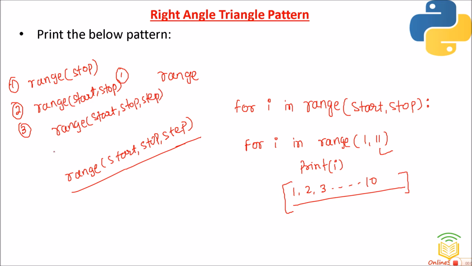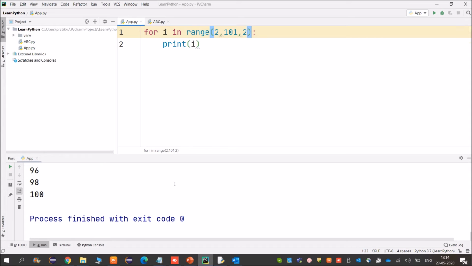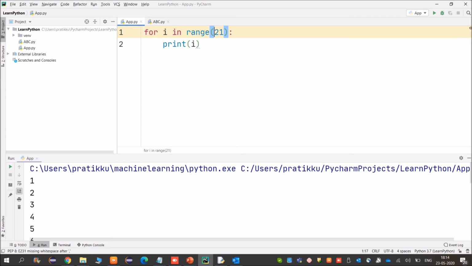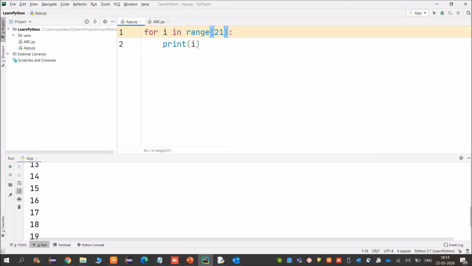Now friends, we saw how we can easily print the natural numbers. If anybody asks you to print natural numbers, friends, you will easily be able to do it. So in range I will give till 20. So all the natural numbers till 19 will be printed. If you want the first 20 natural numbers, then 1 to 21. Now you can execute this, friends. So 1 to 20, right? Okay. Now if you want to print the whole numbers, just give 21. So it will include 0. So 0 to 20, it will print your whole numbers.